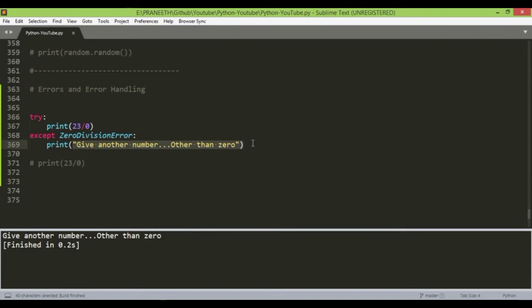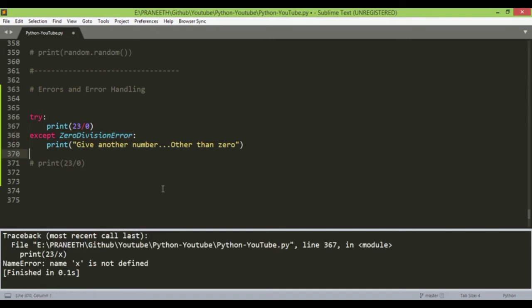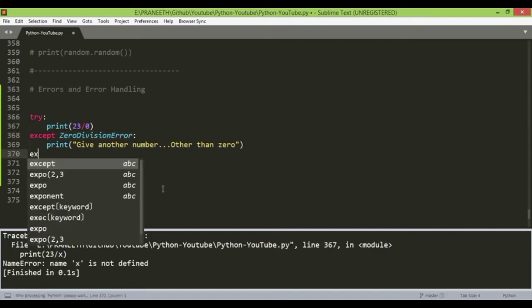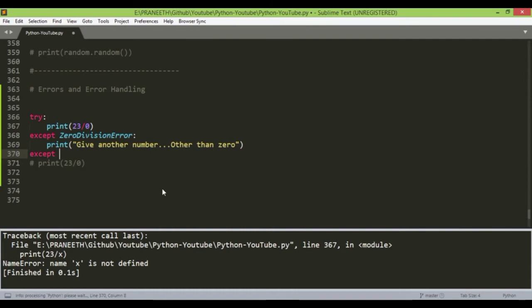As we learned in the if and else statement, if this condition becomes true, then only this will occur. Similarly, this statement also works the same as an if statement. While we are trying to do some task in this try statement, if we get any error, and we mentioned here that if we meet the zero division error, then we have to do this. So we can give many such errors and different statements for different errors, such as let's take